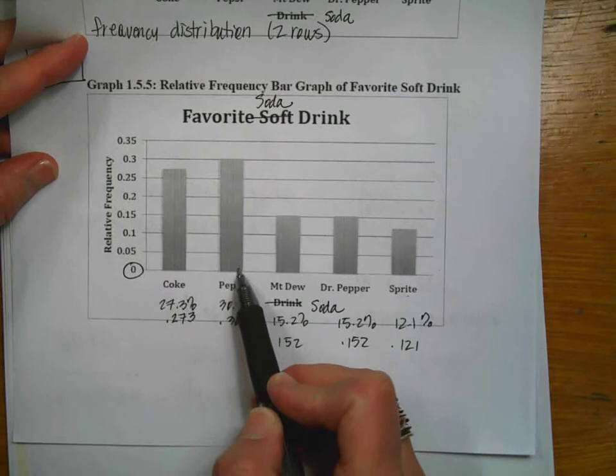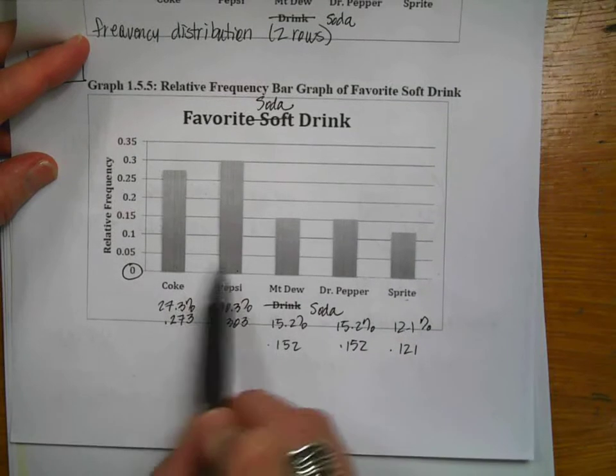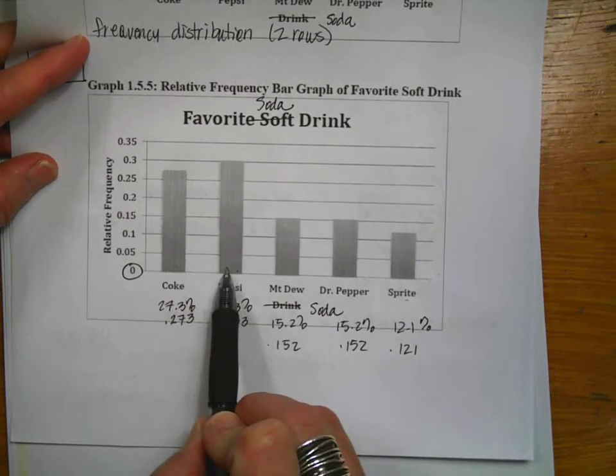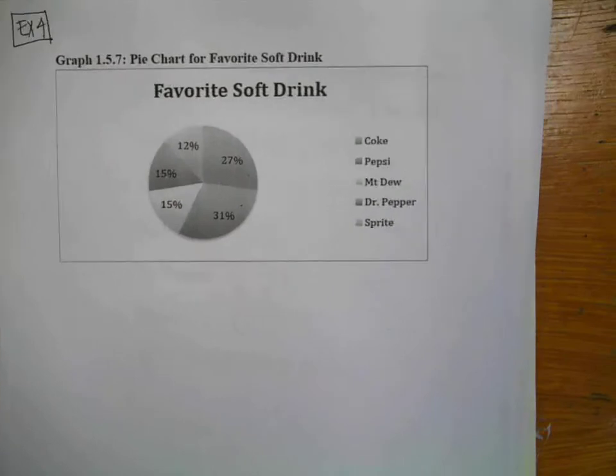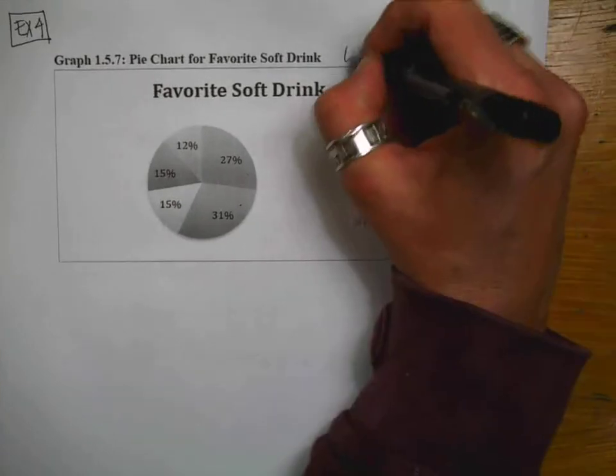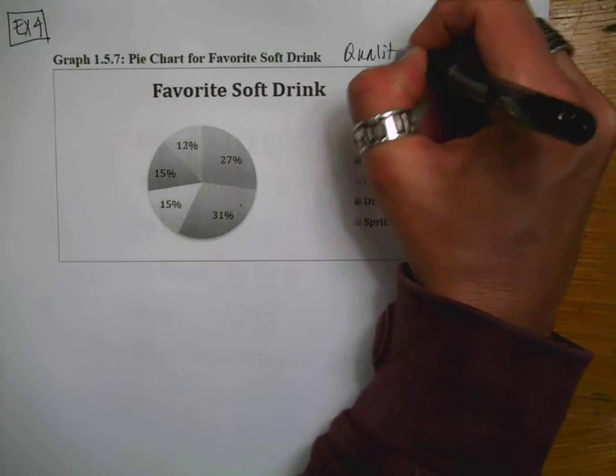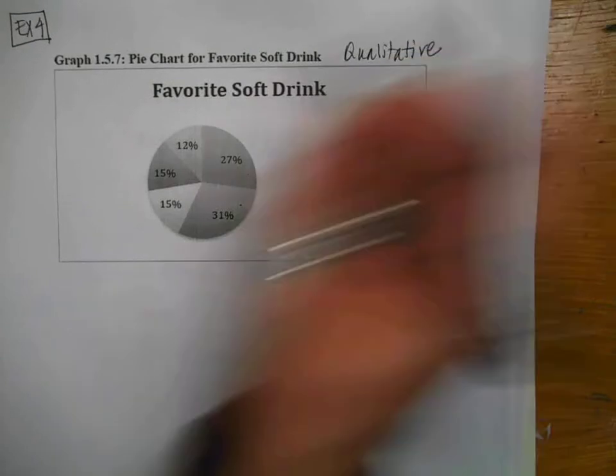So if you'll remember, here was our bar chart. Here was the 27%, here's the 30. So sometimes a linear relationship is easier to see the difference between than it is if we use a pie chart. So pie charts are often used for qualitative